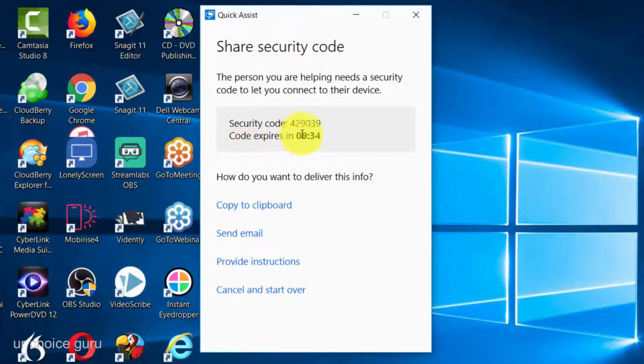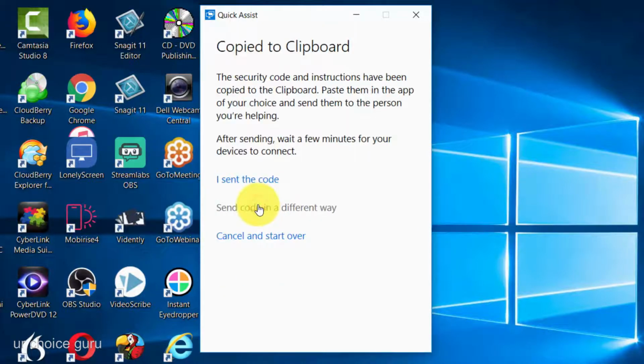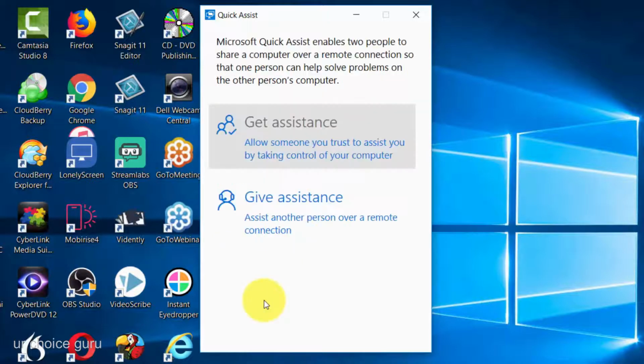They're obviously also going to need to have Windows 10. And so what we're going to do is copy this security code to our clipboard, and then we can send it to the individual so that we can then take control of their PC through this remote facility. Now, assuming that you're the person that is going to be receiving the assistance, you're then going to go